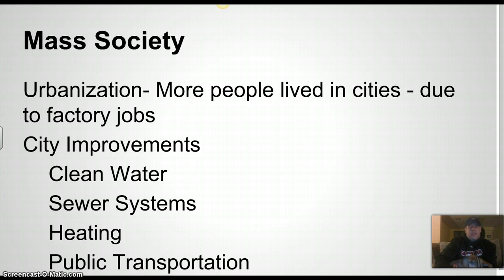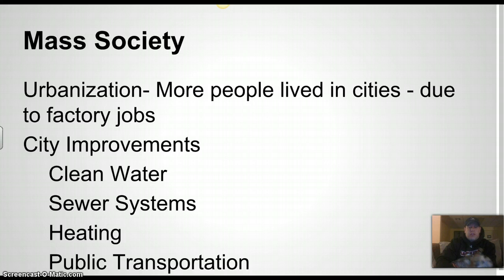And fewer people are living in the country. Because of that, cities get really big and really nasty, and they have to find ways to improve. The biggest thing is finding clean water for people. Cholera was a terrible, terrible thing at this time, a disease created by contaminated drinking water. One of the things people had to look at was how to make better water. And so they made water pipes.